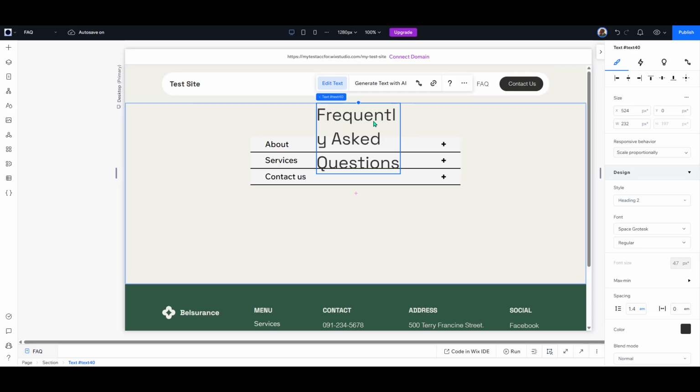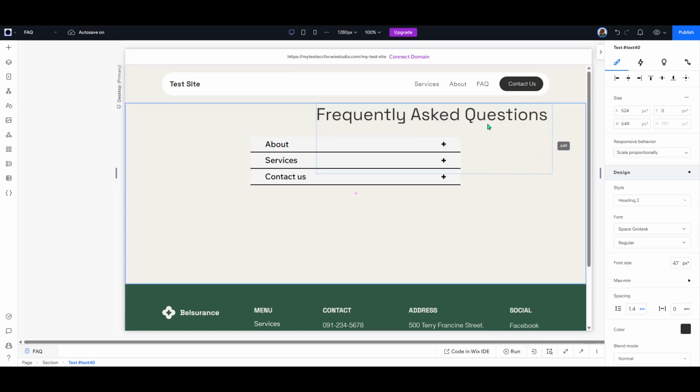This ensures the FAQ appears in your main navigation across the site, and there you go. You've created a clear, user-friendly FAQ page using accordions and added it to your site menu so visitors can access it